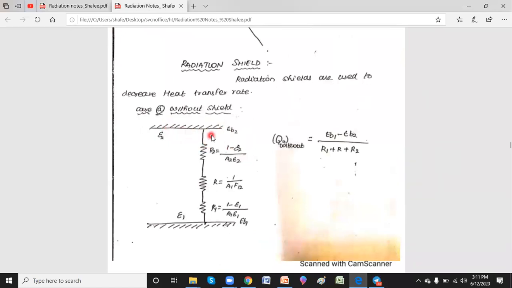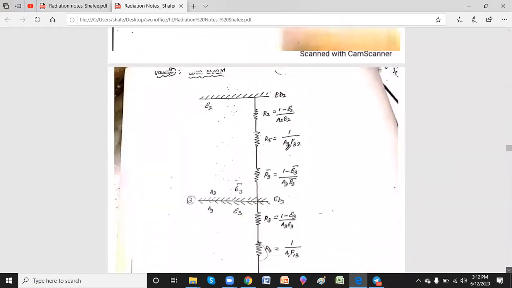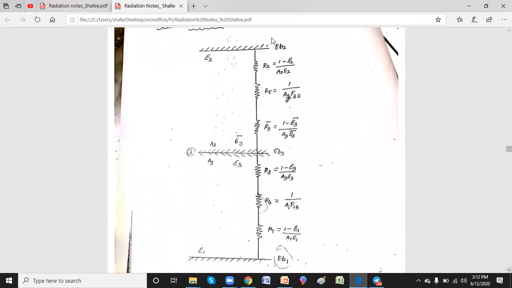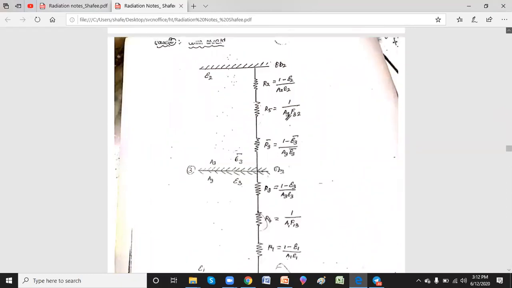Whenever you have two surfaces undergoing heat transfer, suppose I keep a shield, what will happen? So they'll be asking, without any shield, what is the heat transfer? Q without. Then they'll be asking the other one. If I add a shield here, like you see this fishbone-like thing under the highlighter, which is nothing but your radiation shield, then what will happen with shield? They'll be asking with shield compared to without shield, how much the radiation is going to reduce, because whenever you add a reflective surface, obviously the radiation heat transfer is going to be reduced.